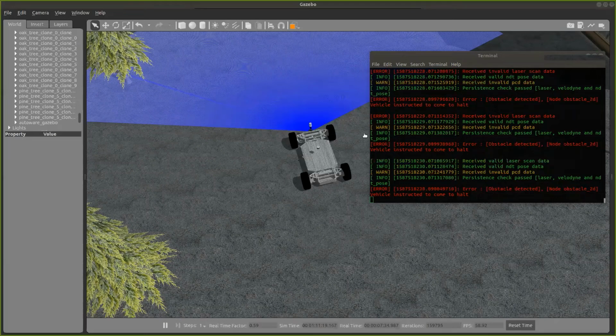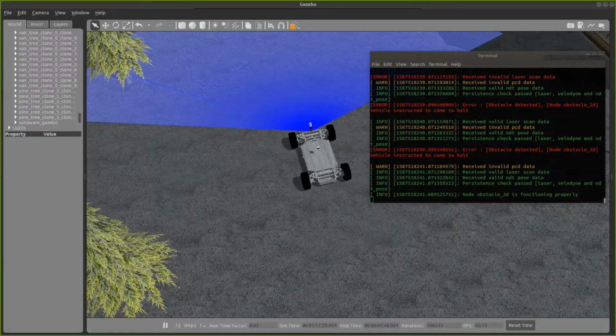Here you can see that the error log is being published that the HMS has received invalid laser scan data,